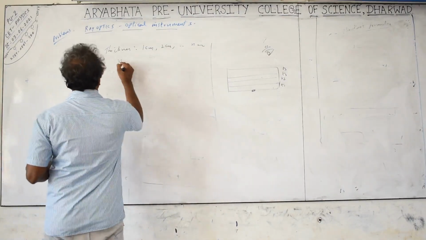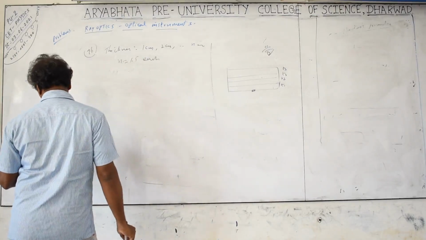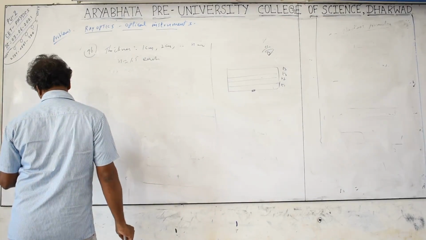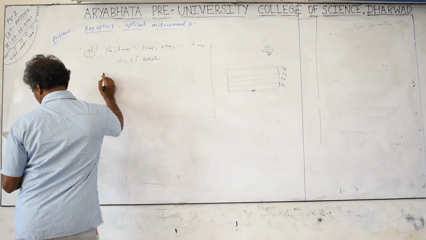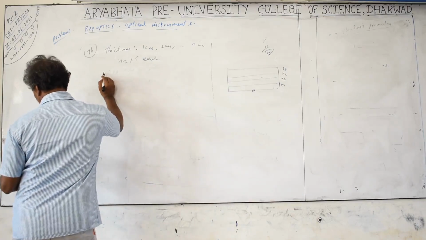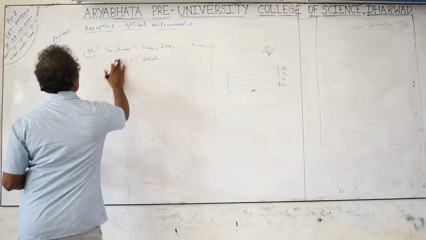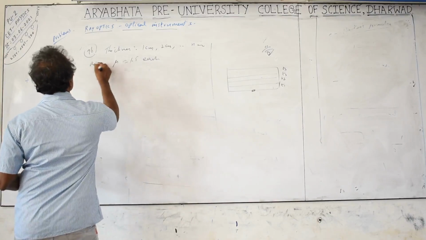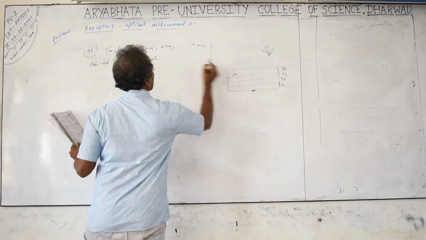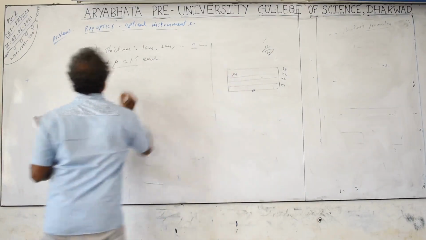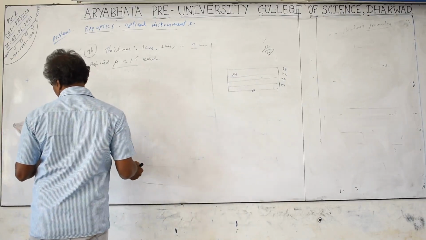Refractive index of each is 1.5, which means all have the same refractive index. The normal shift of the combination you have to find out. The normal shift is given as 1 centimeter. What is the value of n? Refractive index symbol we take as mu. Mu is 1.5 each, and n is a number: 1, 2, 3, 4 like that. 1 centimeter, next 2 centimeters, 10 centimeters like that. We are taking that n.